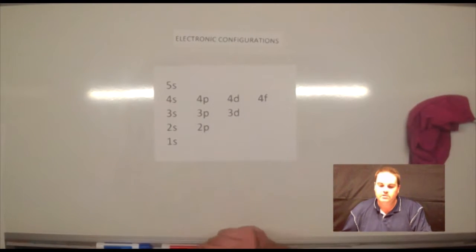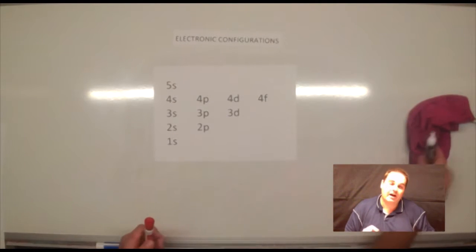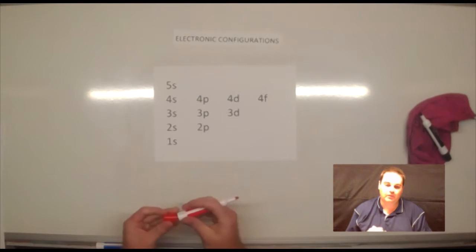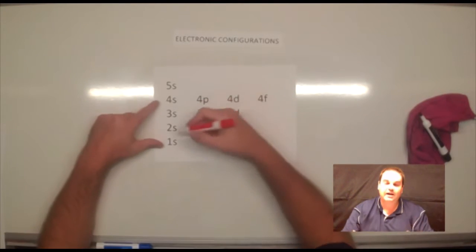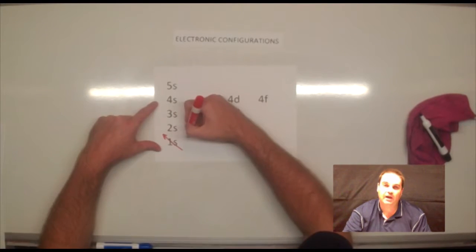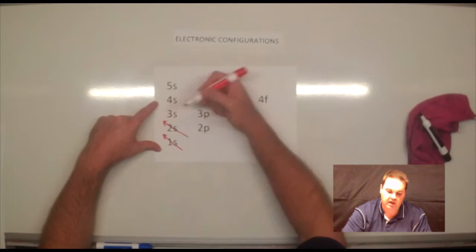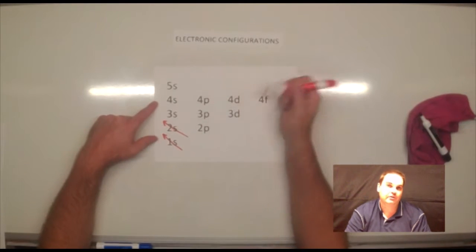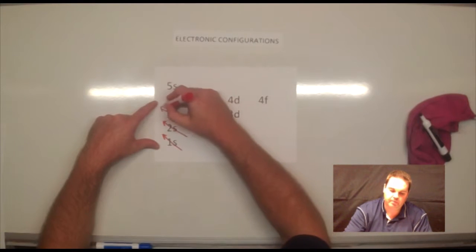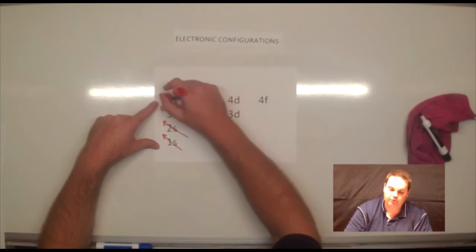Okay, so this little chart here shows us the order of subshells, and it shows us how we actually use them to write electronic configurations. So you start down the bottom with the 1s, so that's the first one you go through, and then you go to 2s, and you start just working your way diagonally across it. So when you get to the exam, it might be worthwhile to write this up. So then we go 2p, 3s, 3p,